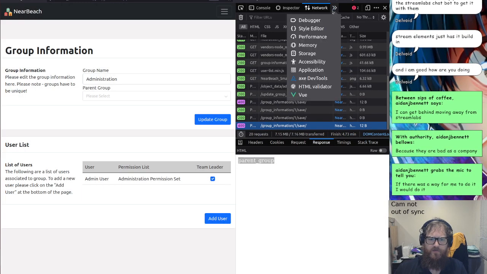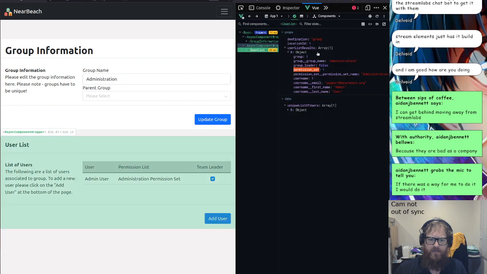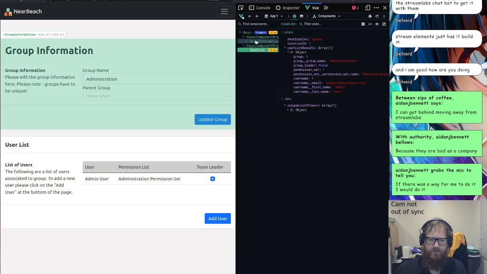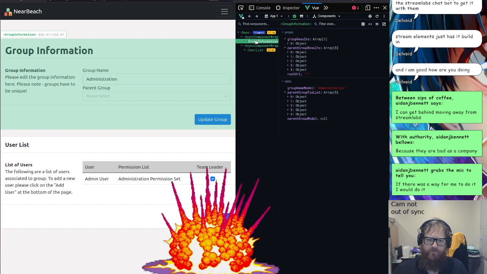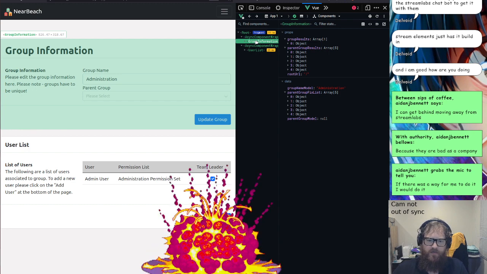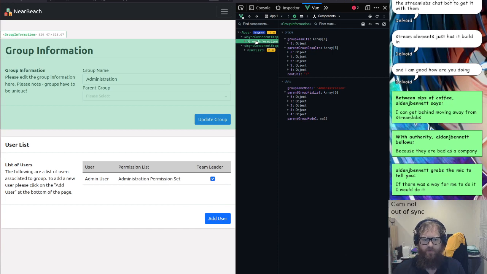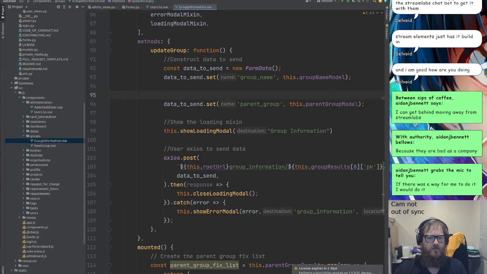Let's see what Vue says. We want group information. All right, we want parent group model. If this dot parent group model does not equal null,